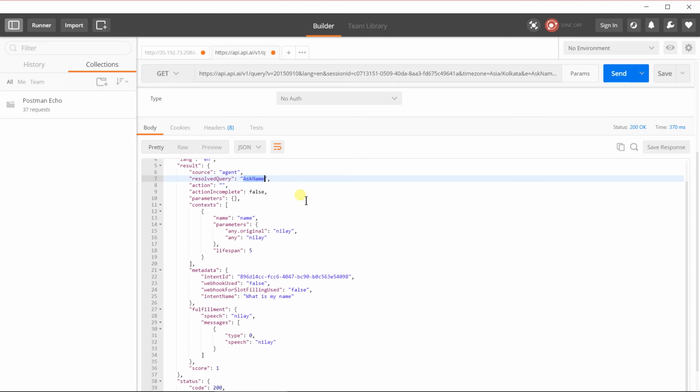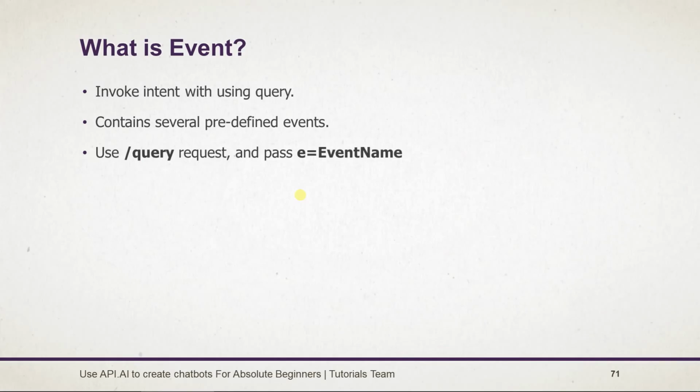Let's see what we learned in this session. We saw what an event is and how to set the event in the intent. We tested it by using CURL. To send the request via the event we need to use the e parameter instead of